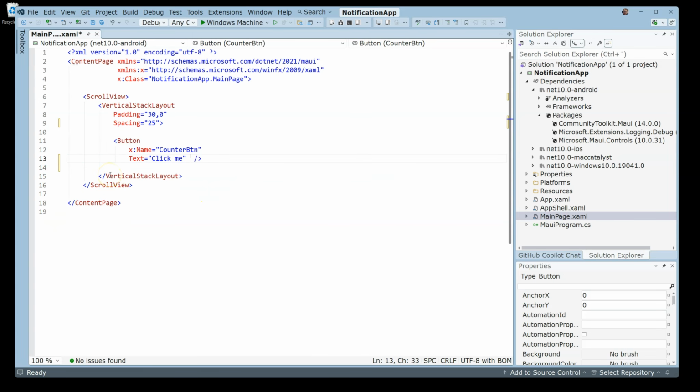So I just delete everything like this. So now we have a button. I can have a text inside the button, Show Toast, like this. And then we need to have a click event. So then Clicked equals to